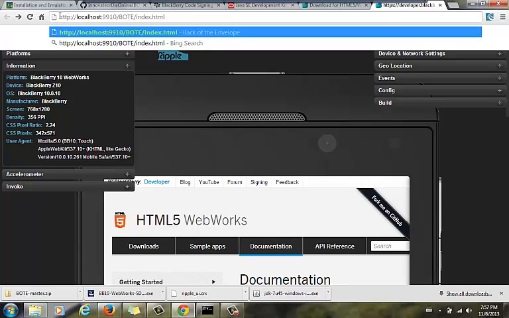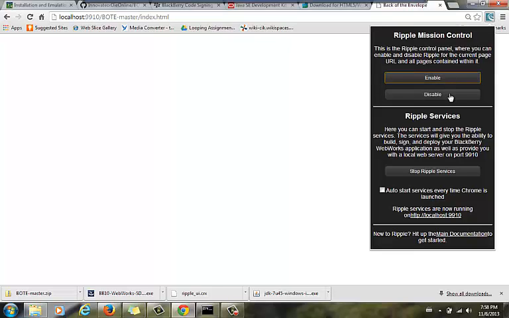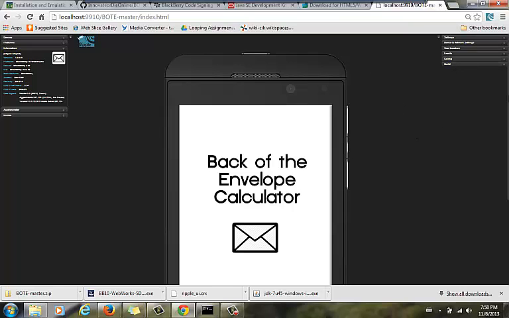And basically what this link is doing is tracing back the app to port 9910, and you're going to make one little change. Instead of BOT, you're going to make it BOTE-master, hyphen master in little letters, and press enter. And the next thing you're going to do is make sure you enable Ripple services, and when you hit enable, it'll show you the app